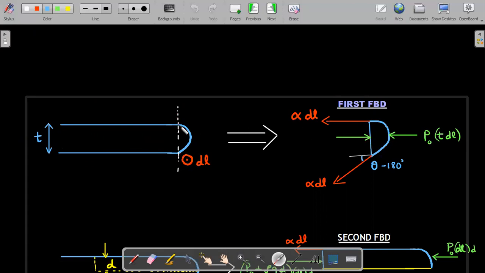Now, this topmost point, wherever you cut, there will be a surface tension force which would be acting perpendicular to that inward DL and trying to pull that liquid back. So that would be an alpha into DL. Even though he has taken sigma, I'm taking alpha as the surface tension. Sigma I'm not comfortable with, so I've changed the symbol for my convenience. Some of you might be using T and all that. So alpha into DL is the surface tension force on the top.